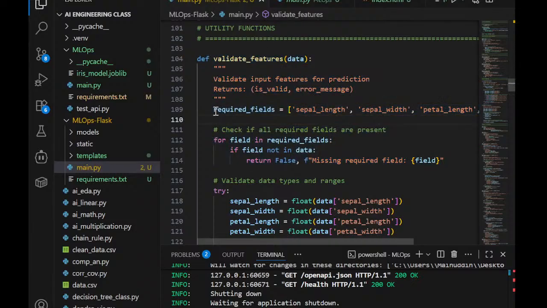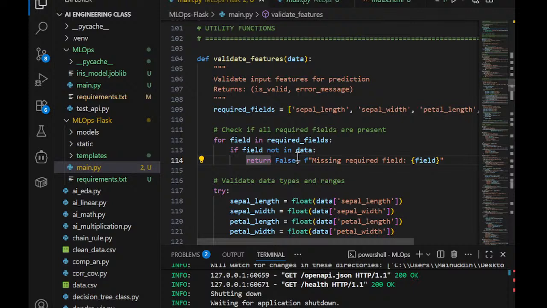So required fields is a list of fields that must be present in the request. For field in required fields is a for loop through each required field. And then if field not in data, return. So it's an if statement, to check if the field is missing from the request data, and then